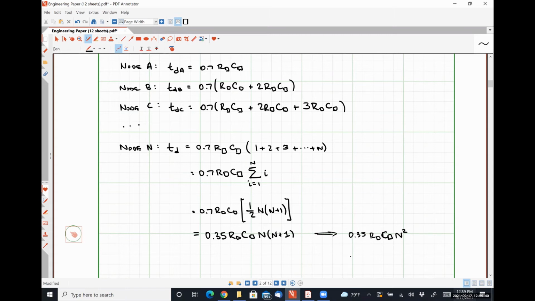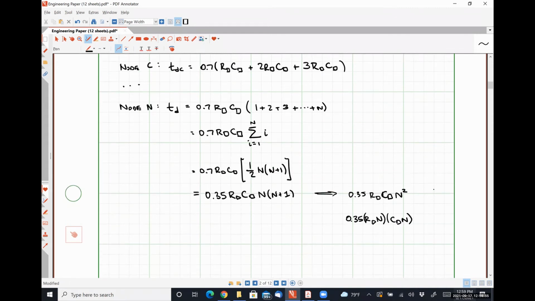Well, I can distribute that and say that I have 0.35 r squared times n times c squared times n, which is the same thing as 0.35 R total times C total. So there's a difference of about 50%